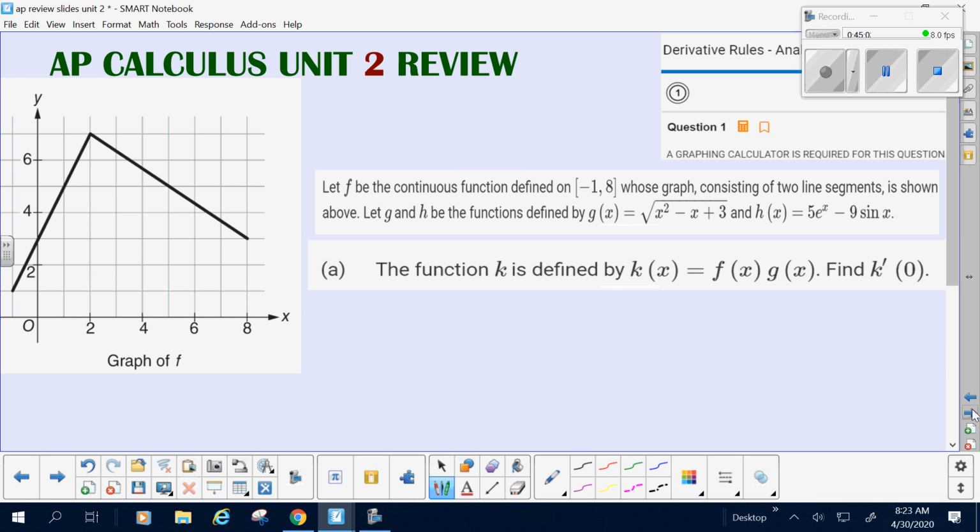All right. Free response. Again, this is a multi-dimensional problem. This is great practice. I guarantee you they're going to hit a lot of methods. So they're giving you a graph of f and an equation of g and an equation of h. k is defined as a product between f and g, so you'd use the product rule. Hopefully you use good notation and say something like, to be safe, k prime at x is first stays the same, derivative of the second, plus second stays the same, derivative of the first,